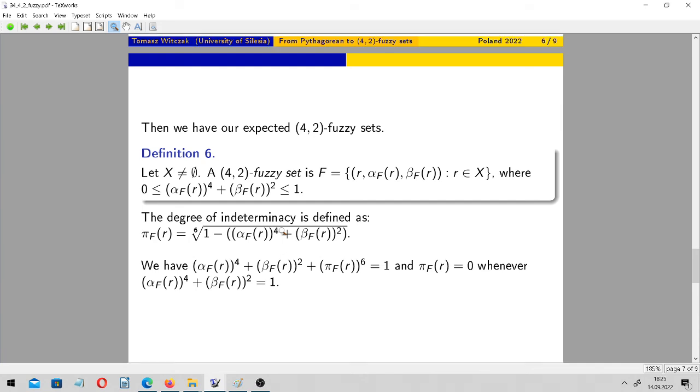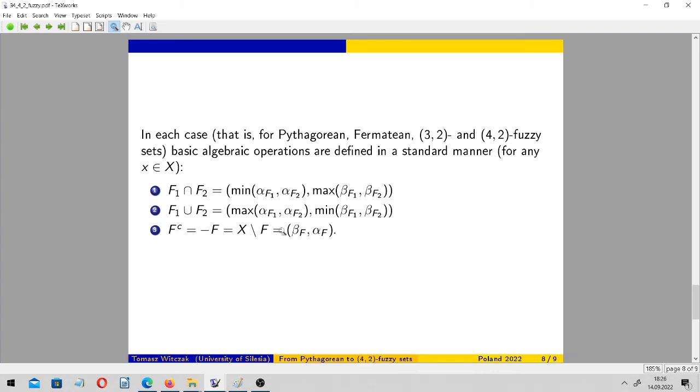So from the purely mathematical point of view, these concepts, maybe they are not very original, but we can imagine some applications. Yes, if someone needs such degrees of membership and non-membership, then one can use those 3-2 or 4-2 or Fermatean fuzzy sets. Of course, in each case, we have basic algebraic operations, but they are defined in a standard manner,